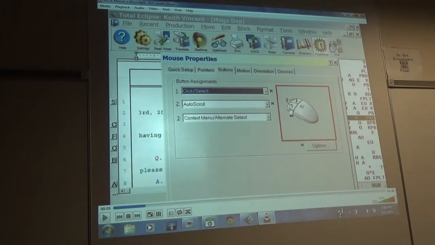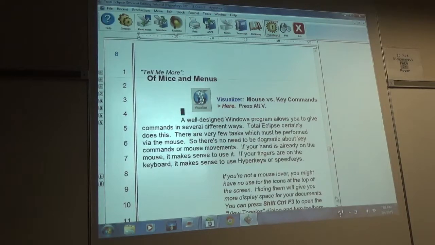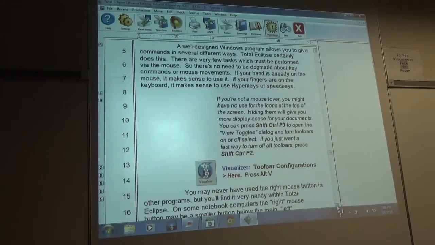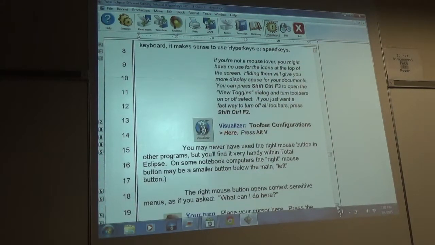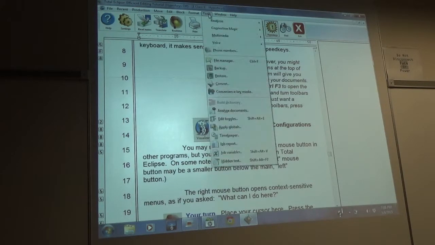So, all right. All of you guys know about the mouse and all of that stuff, so I'm not going to waste time going through that again. Toolbar configurations, we already went through that. If you want more icons, you come up here to tools, and it might